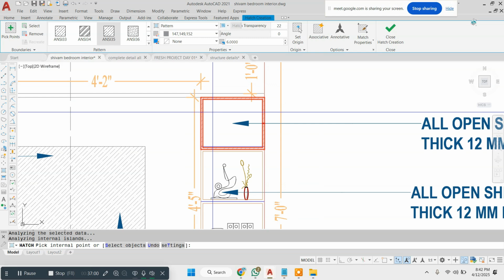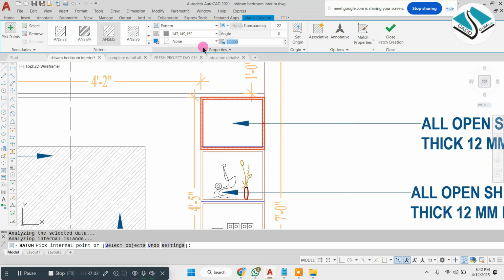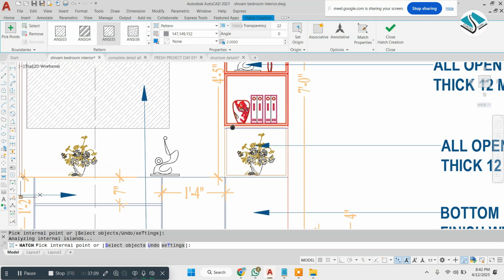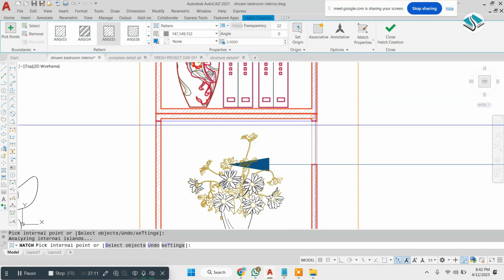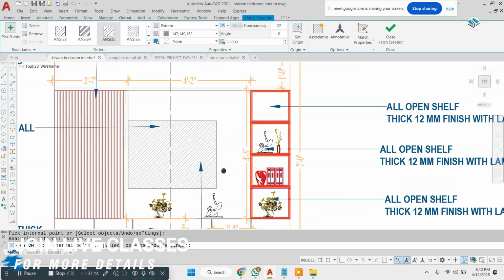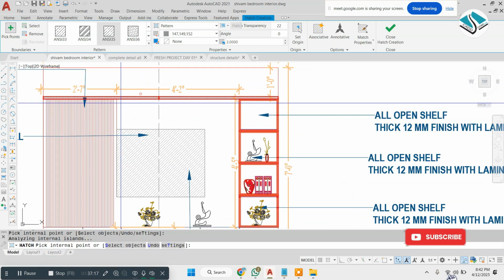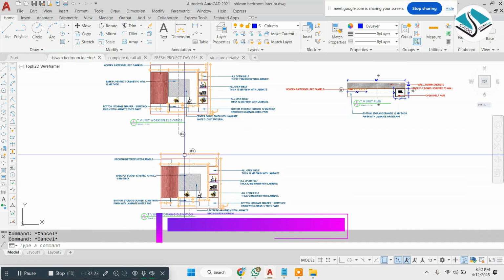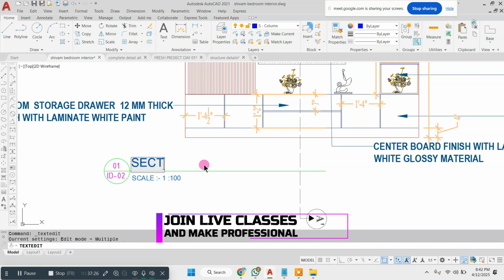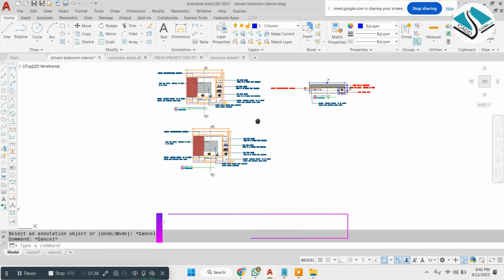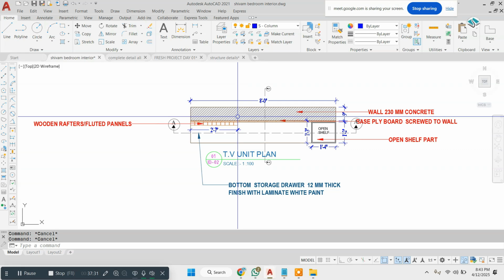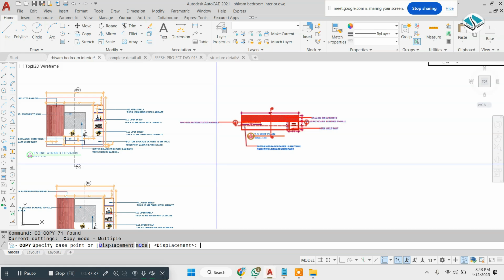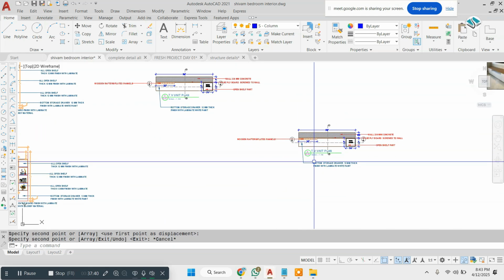Now it's become in section part. This drawing will be called section. Section A or B, depending on the name of the part. And section B. For section B,